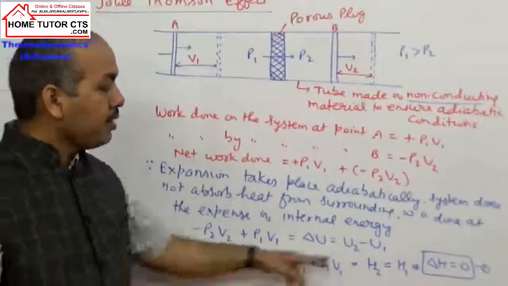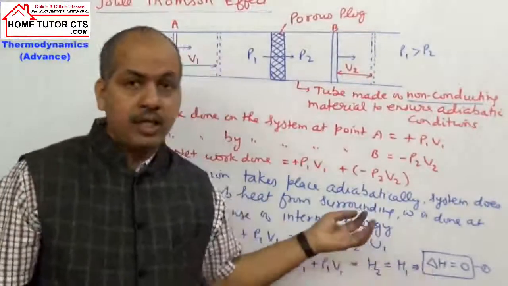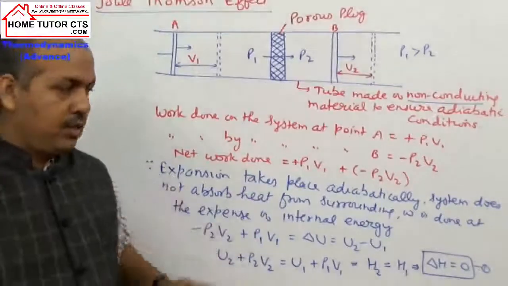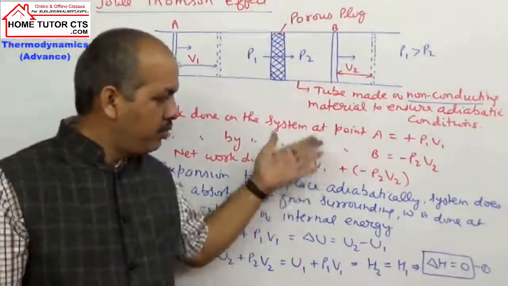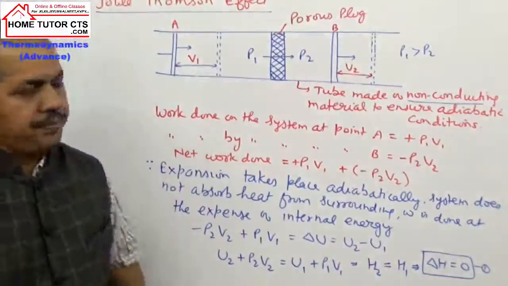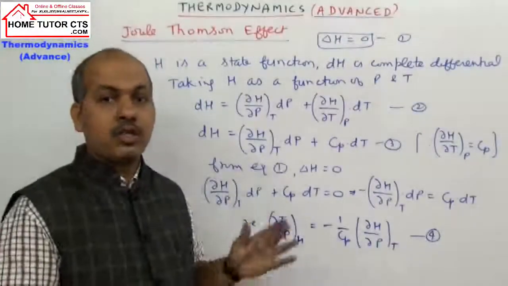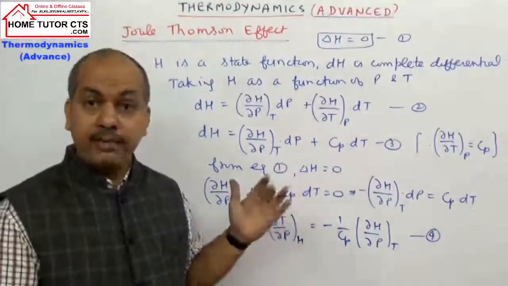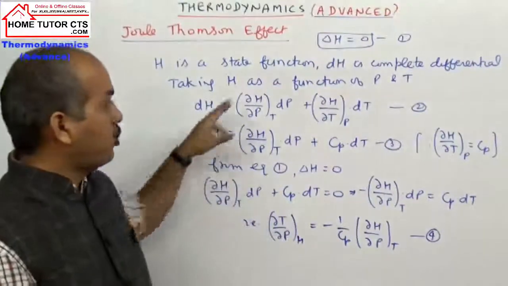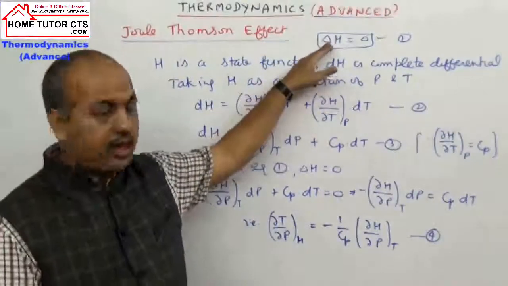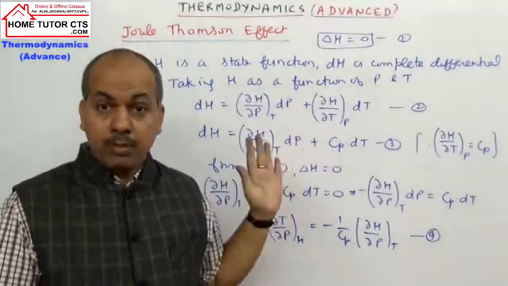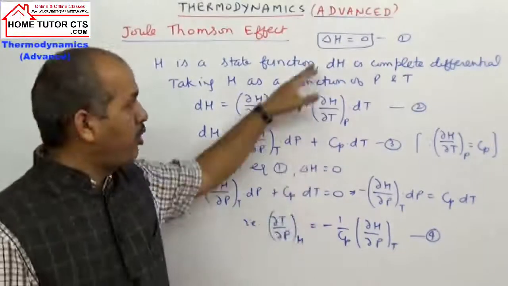Okay, this expression will be helpful to us if we get a relation for the Joule-Thomson coefficient. We'll just come to that part. Next we take the Joule-Thomson coefficient. For that we can use this expression. Let us take one expression for the Joule-Thomson effect. One term is called the Joule-Thomson coefficient. How can that expression be obtained? देखिए पहले आपका था this continuation: delta H is 0 when the Joule-Thomson effect occurs. We proved this point here.